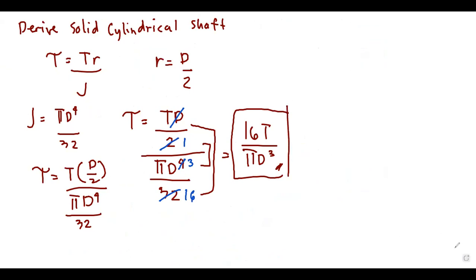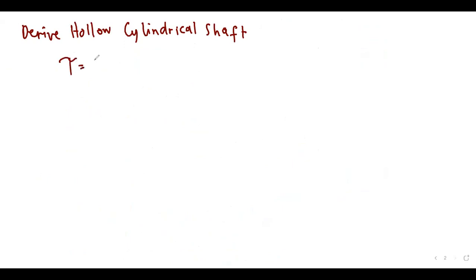So, next tayo, guys, is for hollow naman. Derive hollow cylindrical shaft. So, ganoon din ulit. Okay? We have here, shearing stress is equals to T over R, T multiplied by radius divided by